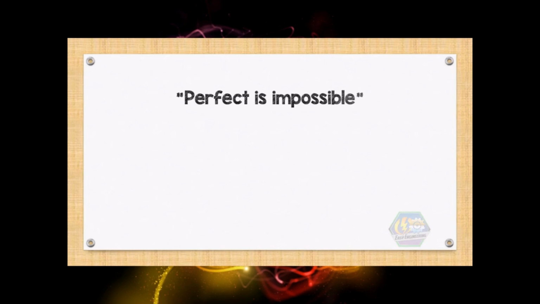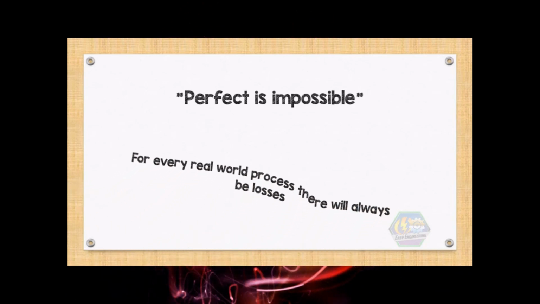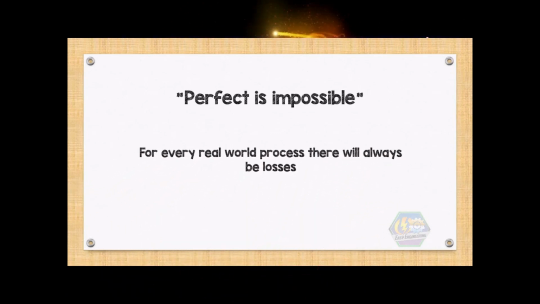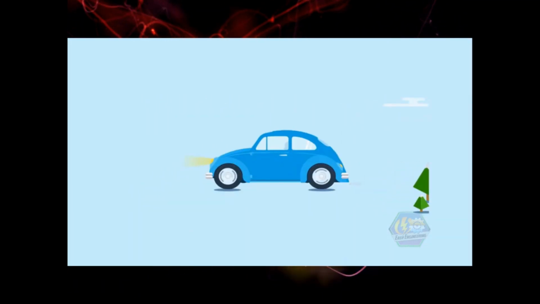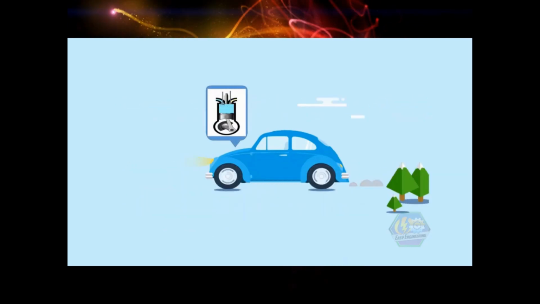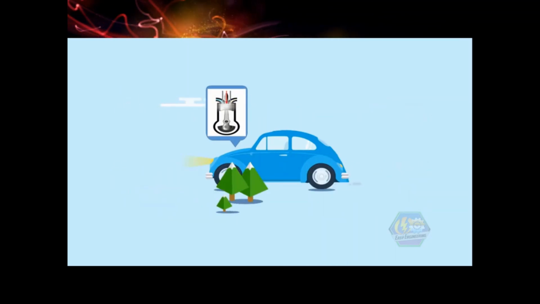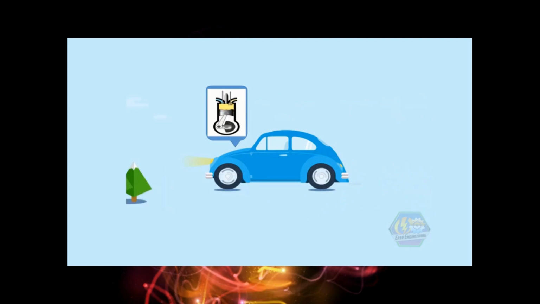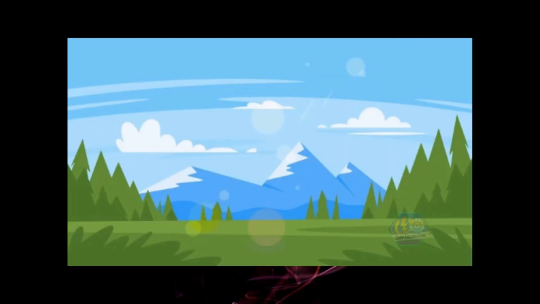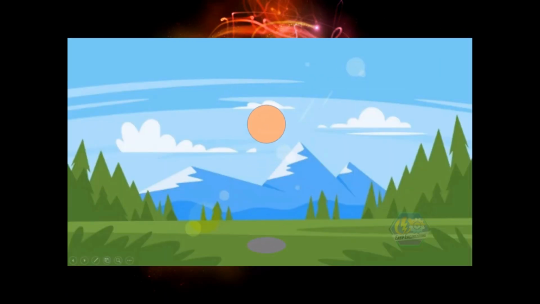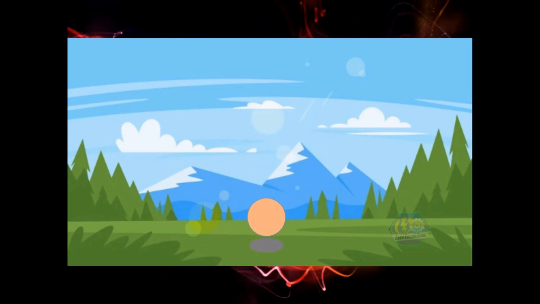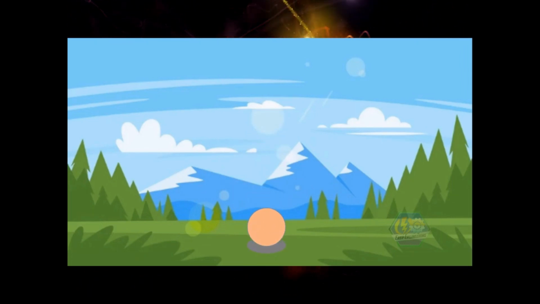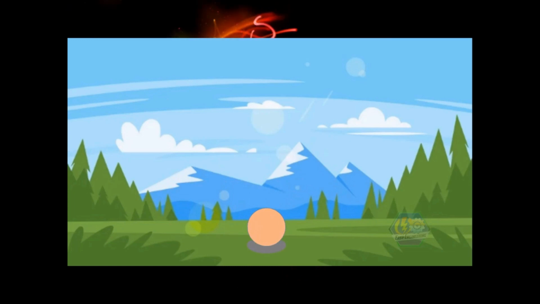Just remember that in this statement, perfect is impossible. That means for every real-world process, there will always be losses. That means you cannot convert all of your car's fuel into mechanical energy, which can rotate your car's wheels. Proof is the gases you see that are released by the engine. Or try bouncing a ball by throwing it up in the air. Observe that the level of bounce decreases with time because of the loss of energy which is transferred to the